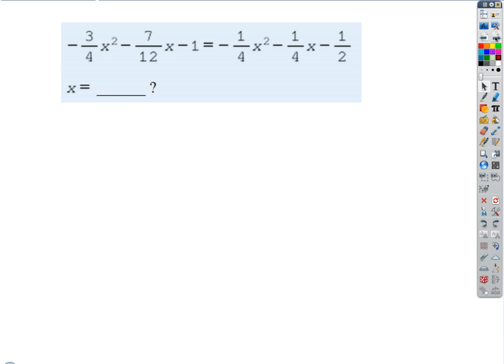We'll see more examples of what I'm talking about now in the next chapter. But for now, we're just starting with stuff like this. So we would clearly want to multiply through by the least common denominator, which is 12. Okay, so if we do that, if I multiply through by 12,